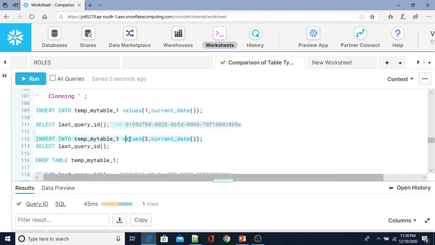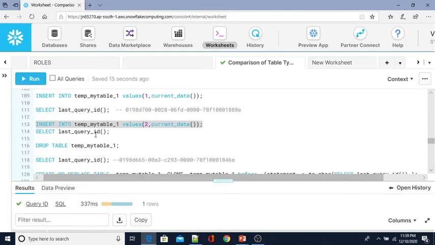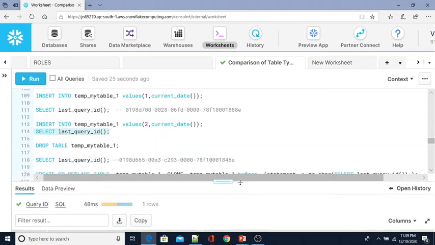Okay, now let me insert another value. For the permanent table example, I inserted all three records at a time and then did some operations, but here I am doing the insert statements only one by one. Okay, the statement has been inserted. Now one row has been inserted. Now I am going to take the query id over here.